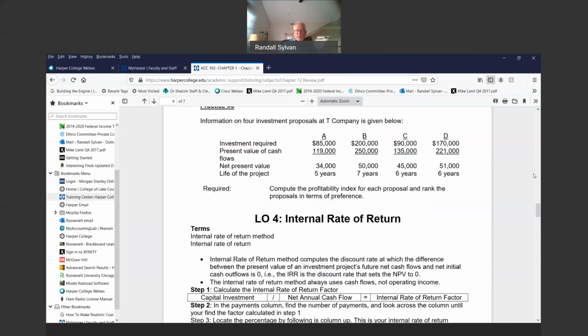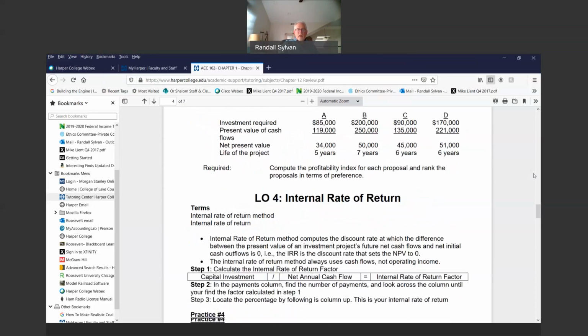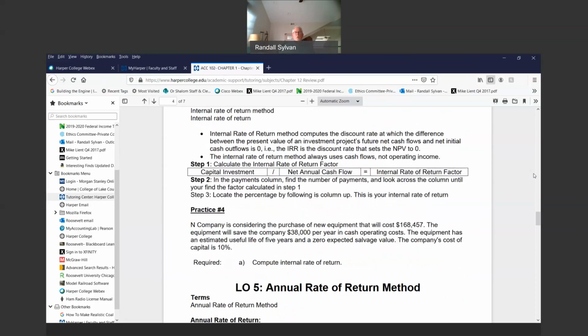Okay, now I want to mention the internal rate of return. To calculate the internal rate of return factor, you take the capital investment divided by the net annual cash flows. That gives you a number, the internal rate of return factor. Now you go back